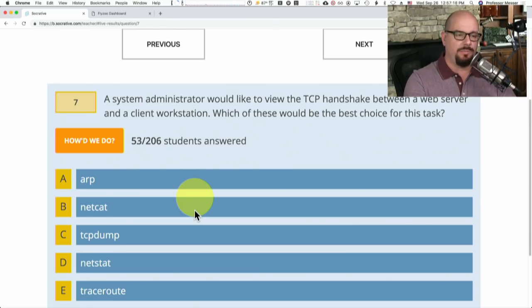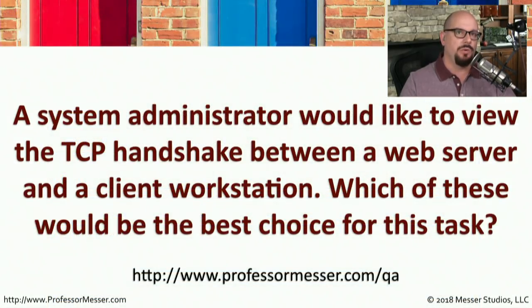If you think you know the answer, please don't answer in the chat room. You want to go to professormesser.com/QA, choose your answer, and I'll just watch those pour in. A lot of you are answering this one as we go. All of these answers, by the way,